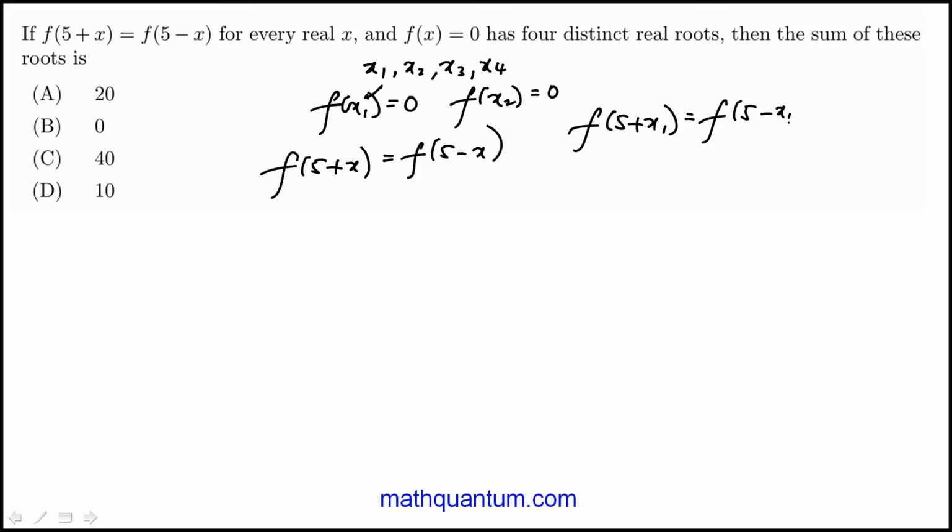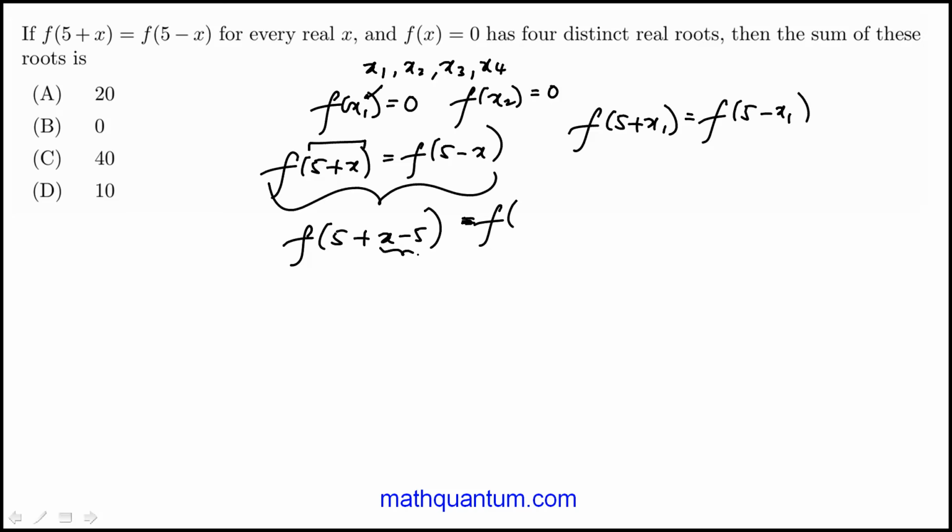Now, the key is, how do I rewrite this so that the input becomes x? I can replace x with anything. For example, I can replace x with x minus 5. I just have to do it on both sides, because it would still hold true. Since it's true for any x, it's also true for x minus 5. So when I do that,